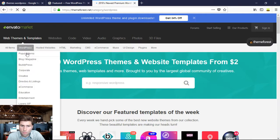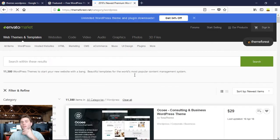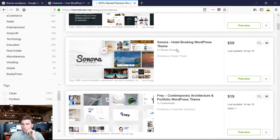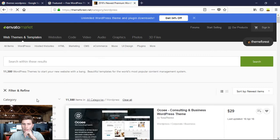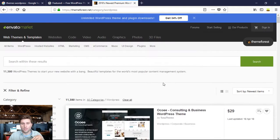If you go to popular items here, you can just browse around too. I'm going to go over some of my favorite, but you can sort by a lot of different things, different categories, refine, see what you're looking for. You build it all up for everyone, but there's a lot of junk on this site too. I don't honestly buy from the Envato Market or Themeforest anymore. But one I would recommend,